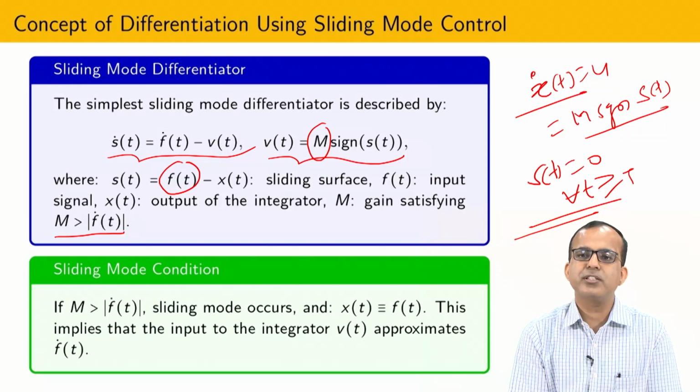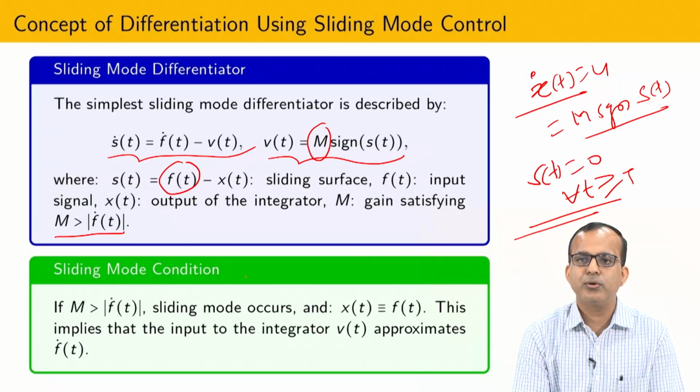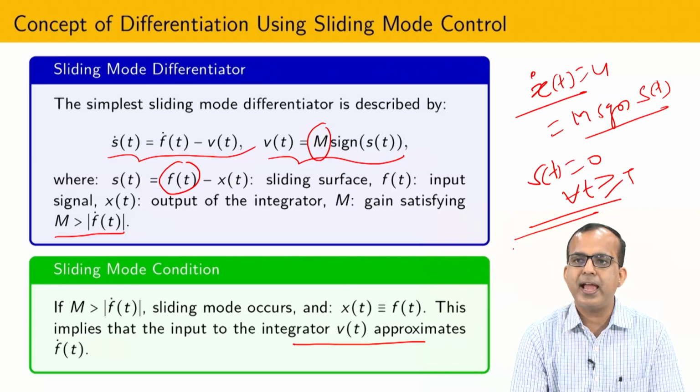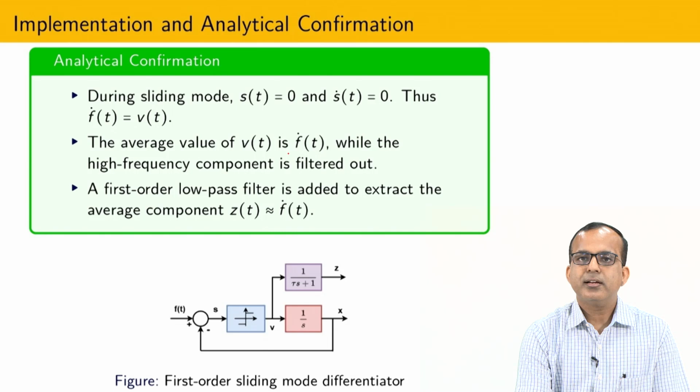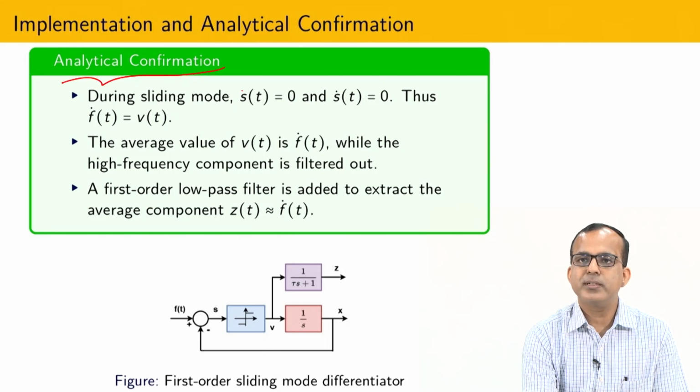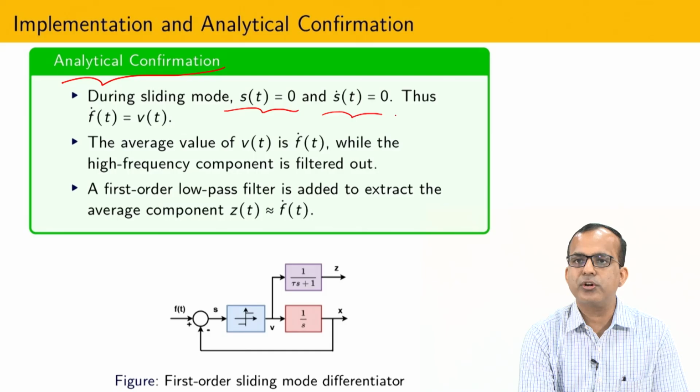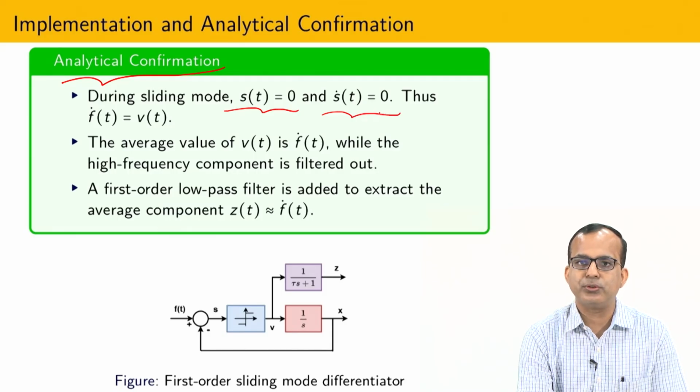So no actuators or anything physical is required in order to get the differentiation of a signal. Okay. So the same kind of thing I have written: due to equivalent sliding, S dot equivalent should be 0. So if you pass the M signum S through the low pass filter, then what happens? Finally I am able to reconstruct the disturbance, and that is the analytical confirmation: S equal to 0, and S dot equivalent value exact, S dot not equal to 0.